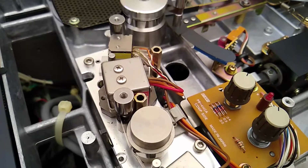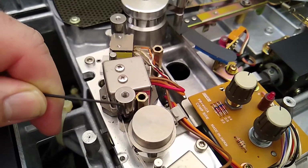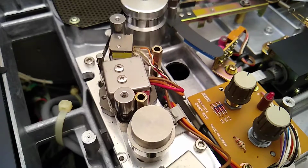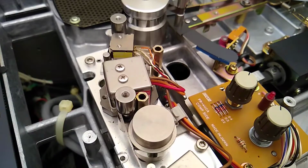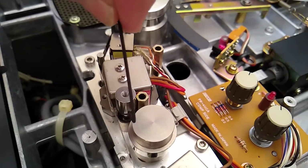But I'm going to go ahead and put it in fast forward one more time. And just notice how far away it kicks the tape out right here. Yeah, see how slow it moves back? It's strange. There's rewind. I'm going to...